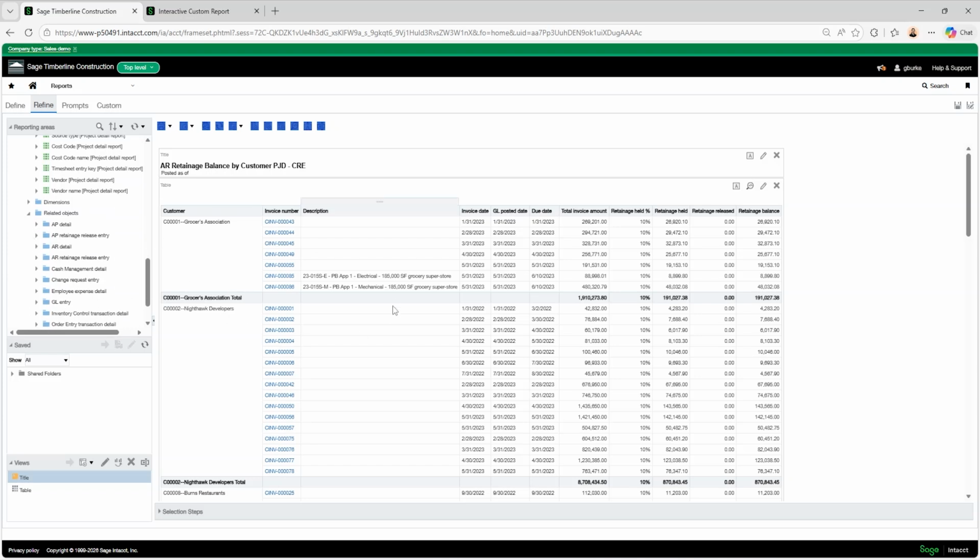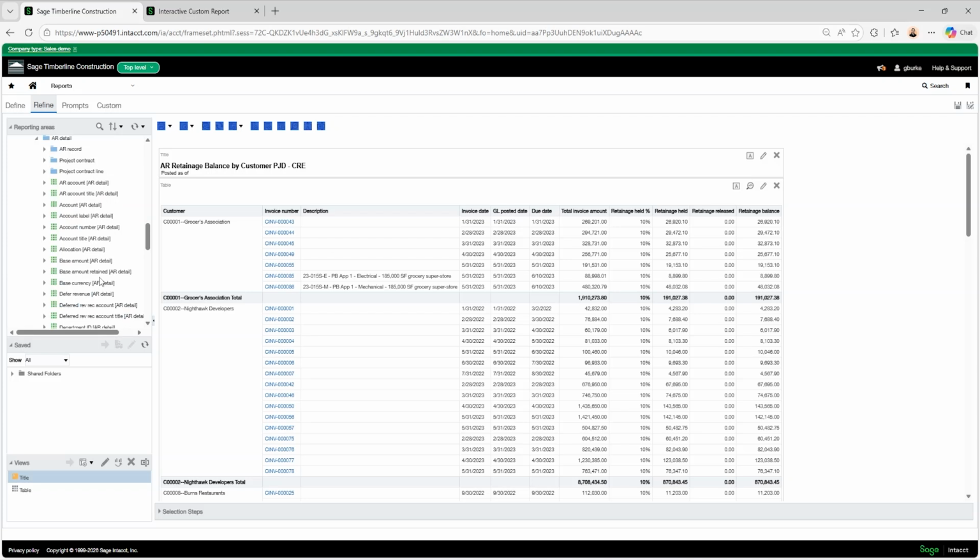And then this is AR that we're looking at. So I'll open up this AR detail folder. Then the detail is the lines on the invoice, versus the record would be the invoice itself. So then I'll finally open up this AR record.